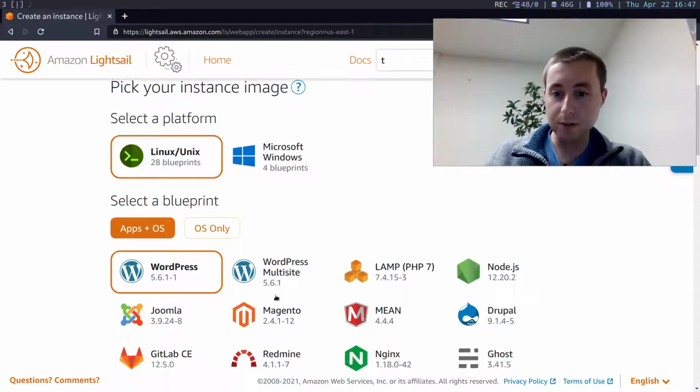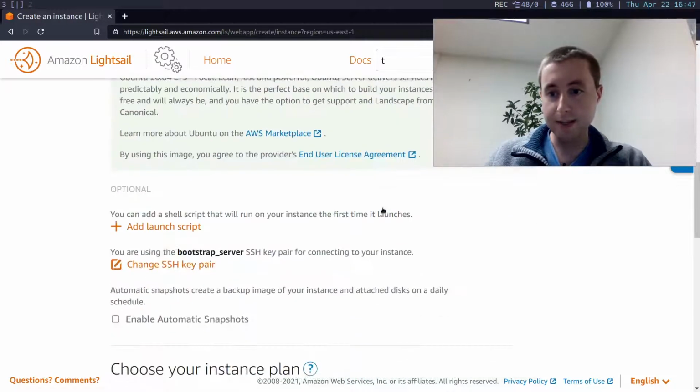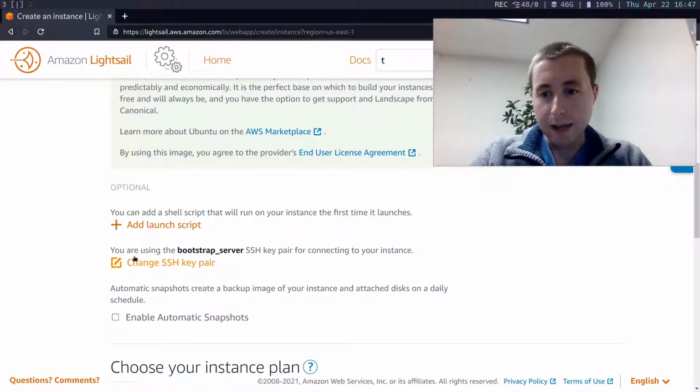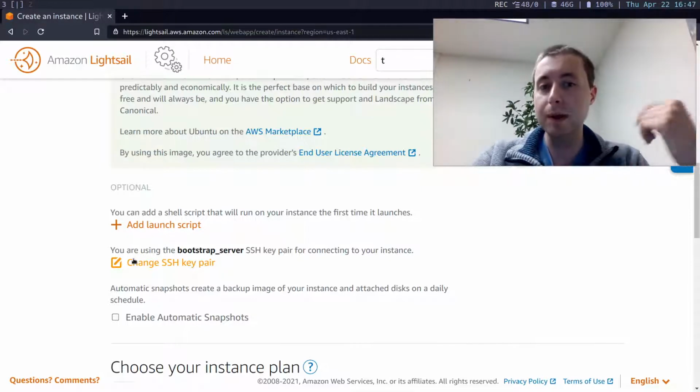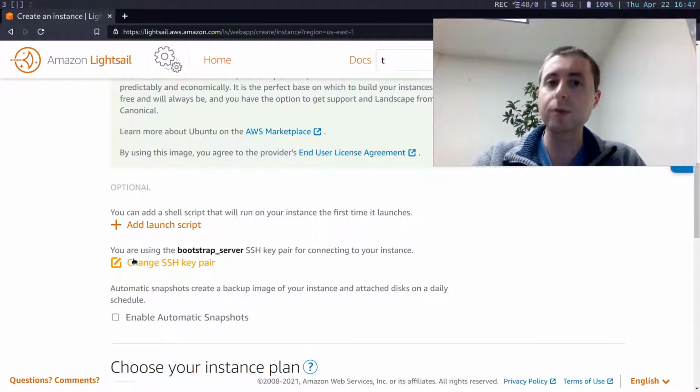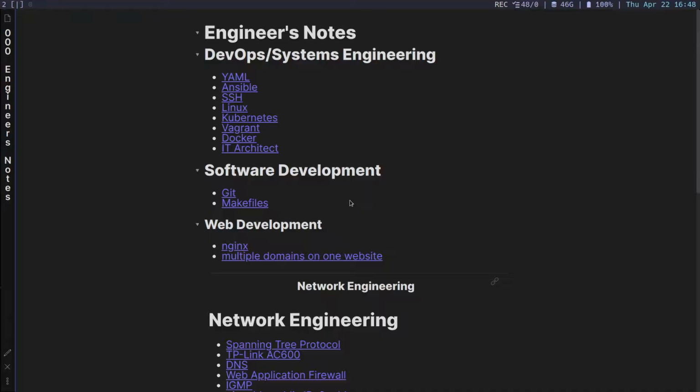So we're going to be using Ubuntu for this, the latest LTS. And here's the issue. You can deploy an SSH key pair. The way Lightsail works is you can't give it a default password to log in. You have to give it a key pair to log in. And you can generate your own, or you can upload your own, but AWS only supports RSA SSH keys. It doesn't support elliptic curve SSH keys, which are